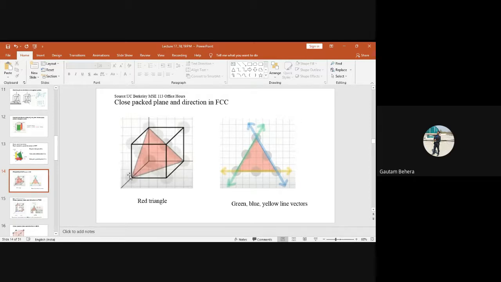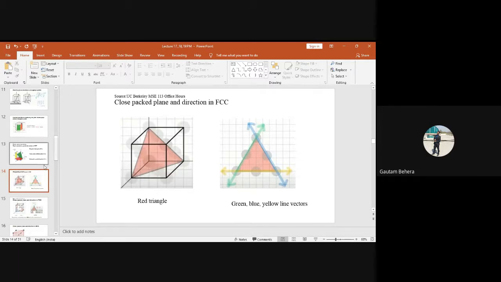You have to remember this. Can you name this plane? What is the Miller indices? This is the 3 coordinate system, so you have to use Miller indices only, not Miller-Bravais indices. What is the Miller index of this plane? 1, 1, 1. Very good. Just have a look, this will be your origin, this is the X direction, this is Y direction, and this is Z direction. This plane intersects X at 1 unit, Y at 1 unit, and Z at 1 unit. So it will be the 1, 1, 1 plane.